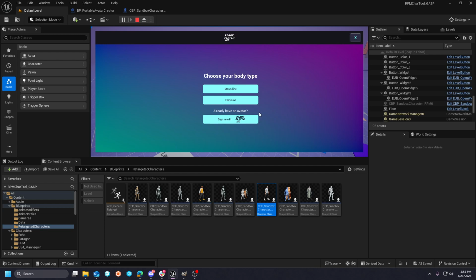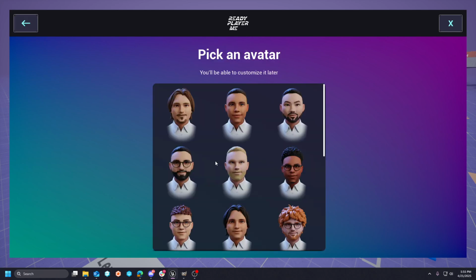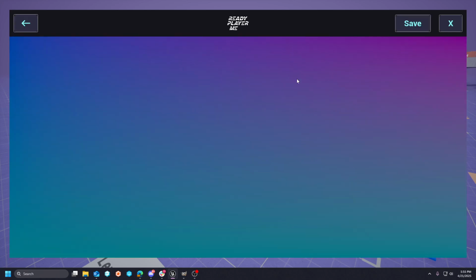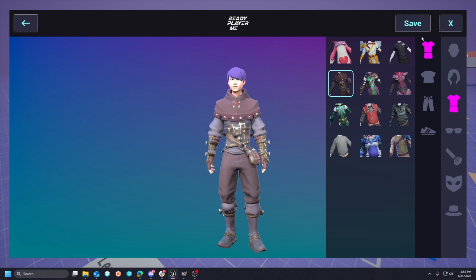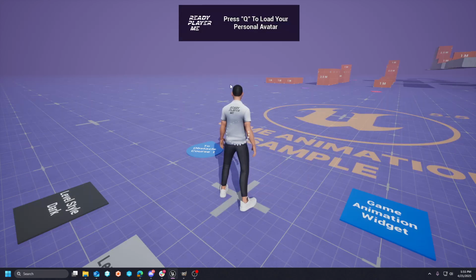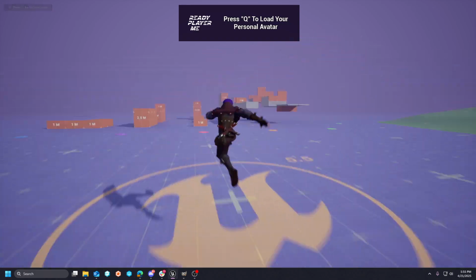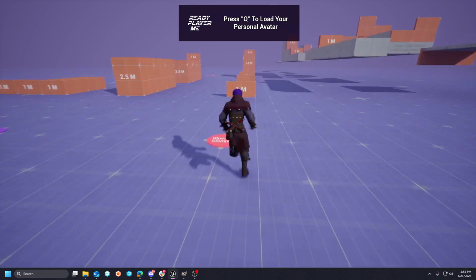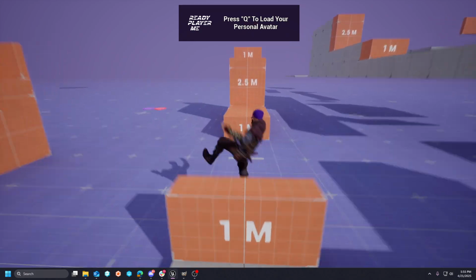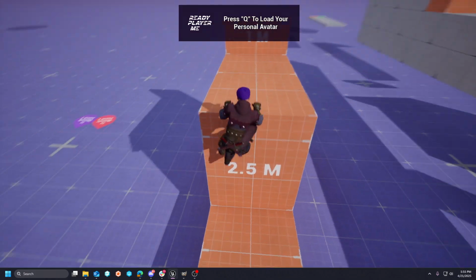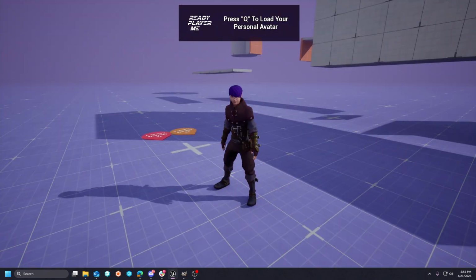and the new editor, let me full screen this for you guys to make it easier. The new avatar editor will pop up, and you can pretty much make all of your avatar changes, and when it's done, you're good. And again, all of the animations are very, very smooth. All the transitions work as you would expect with GASP. And yeah, this should get you guys going